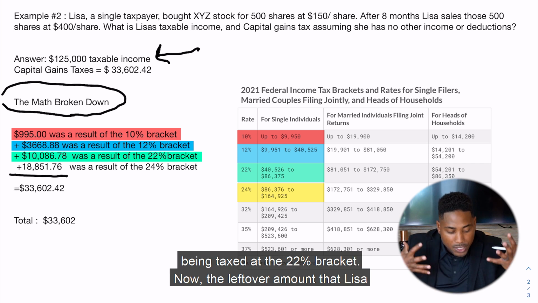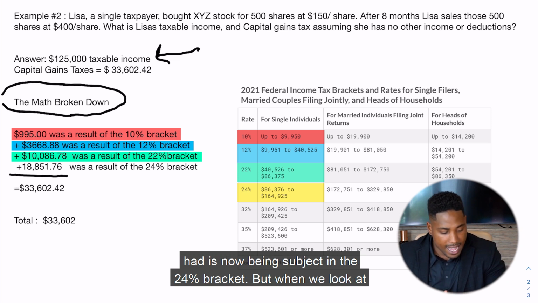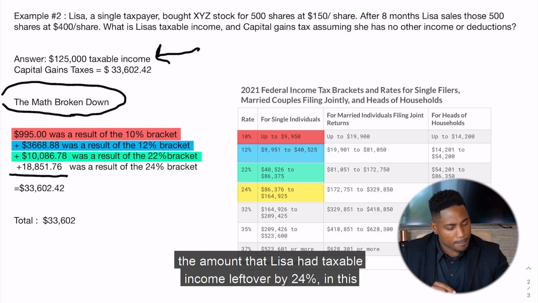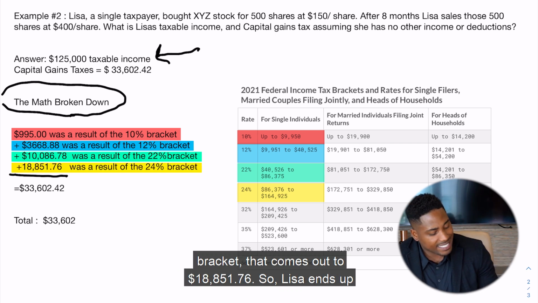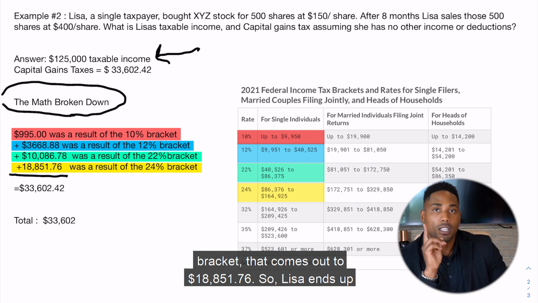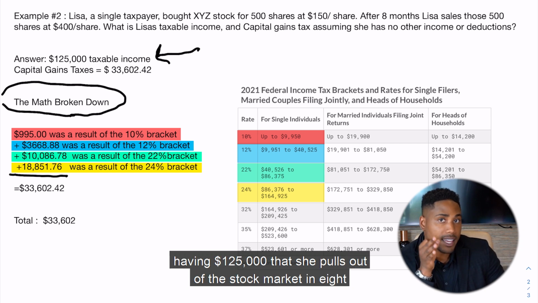Now, the leftover amount that Lisa had is now being subject to the 24% bracket. But when we look at the 24% bracket, this bracket goes up to $164,925. So if we subtract the amount that Lisa had taxable income left over in this bracket, that comes out to $18,851.76. Whew. So Lisa ends up having $125,000 that she pulls out of the stock market in 8 months, and